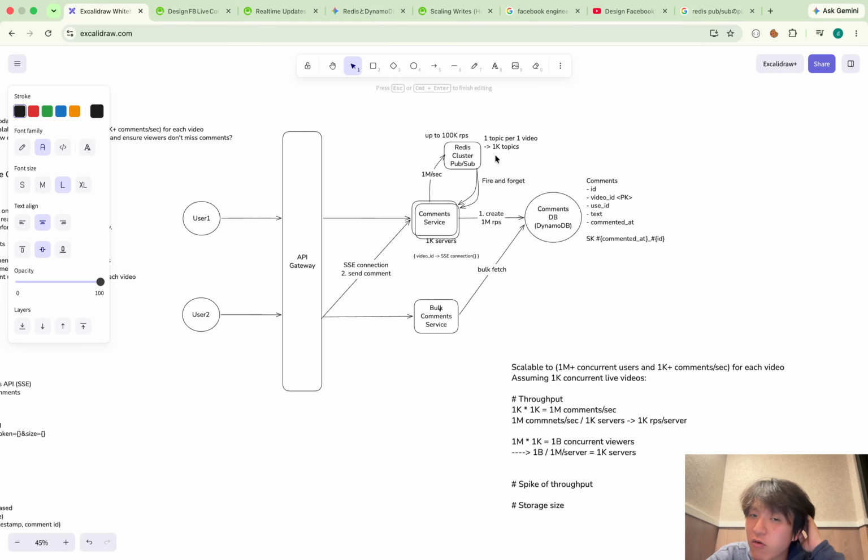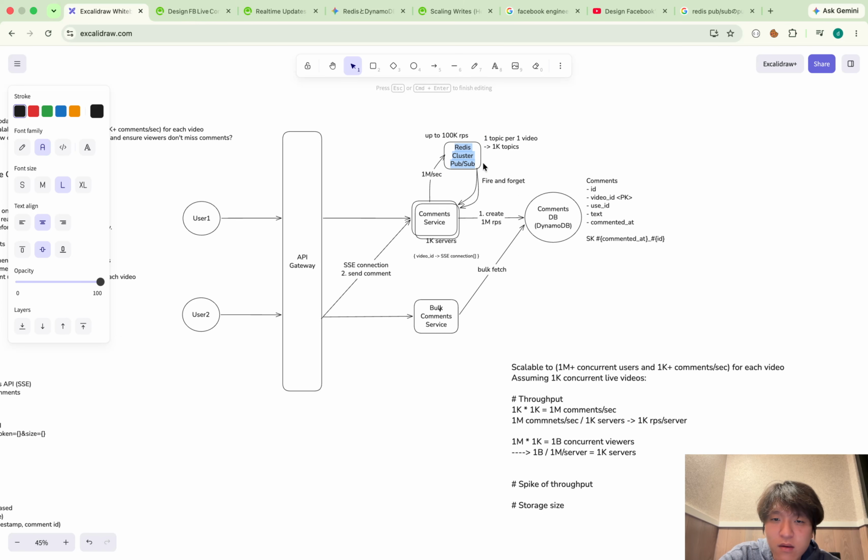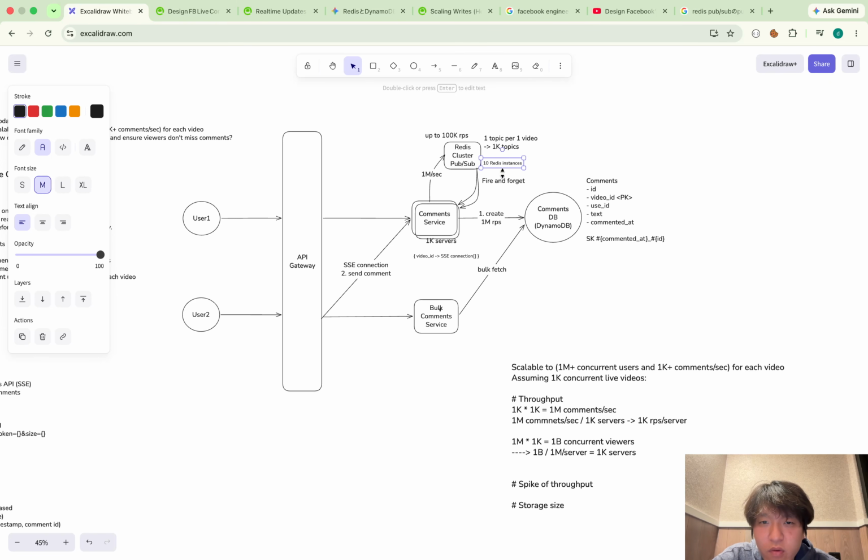And the number of cluster nodes is something I have to discuss. Obviously it can be 1 million divided by 100K, so I have 10 instances here. So that's something I can do with this Redis Cluster pub sub.